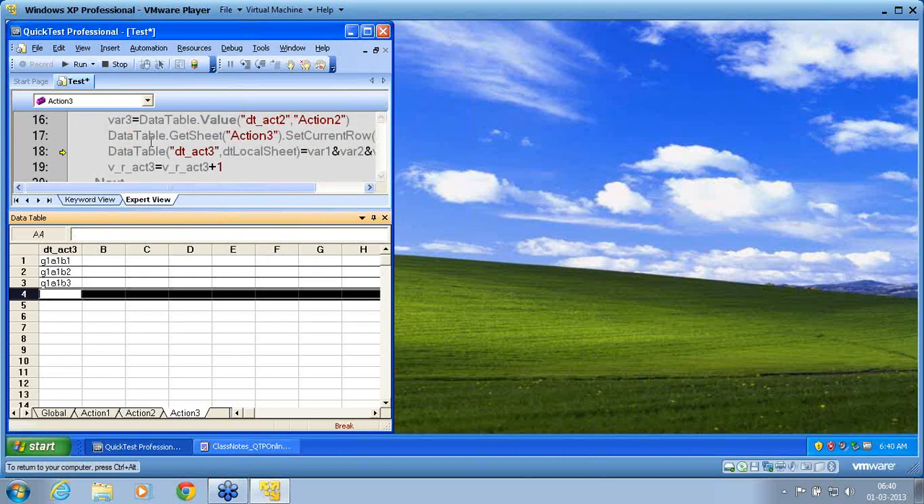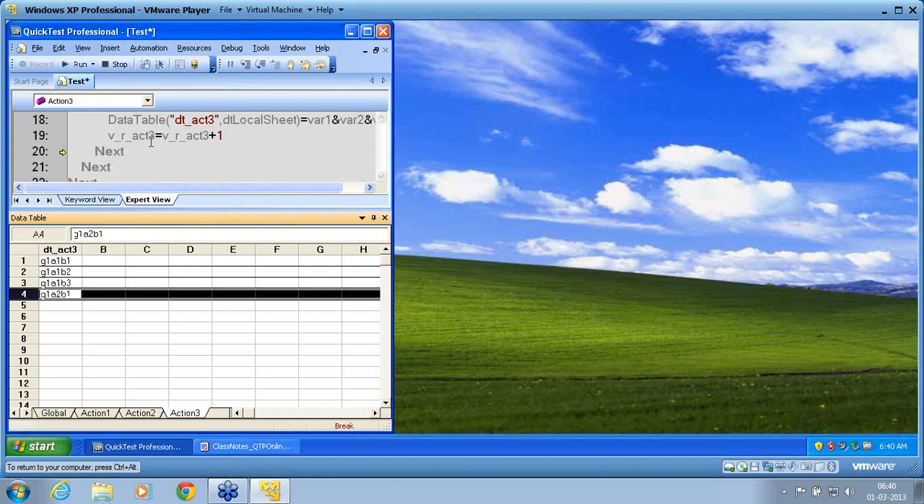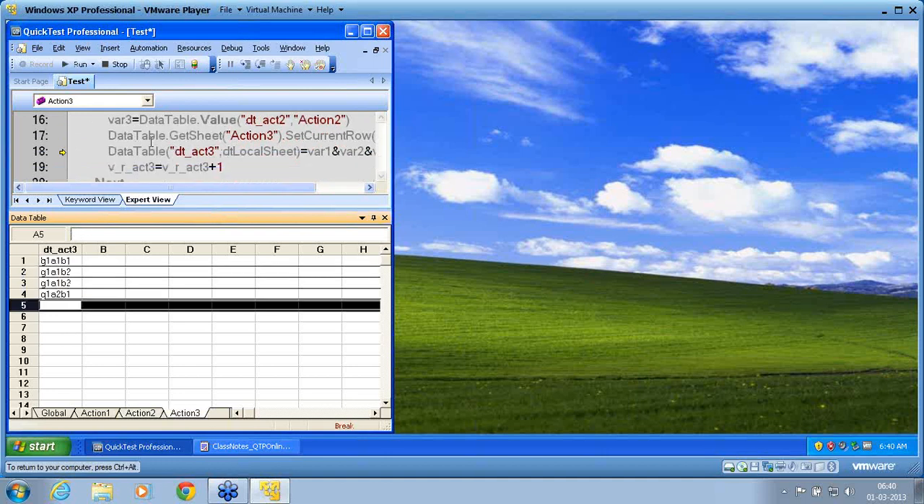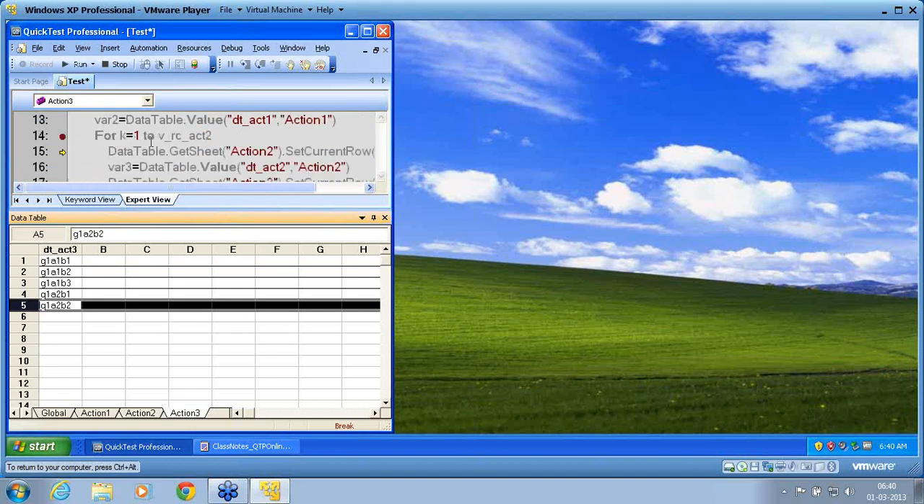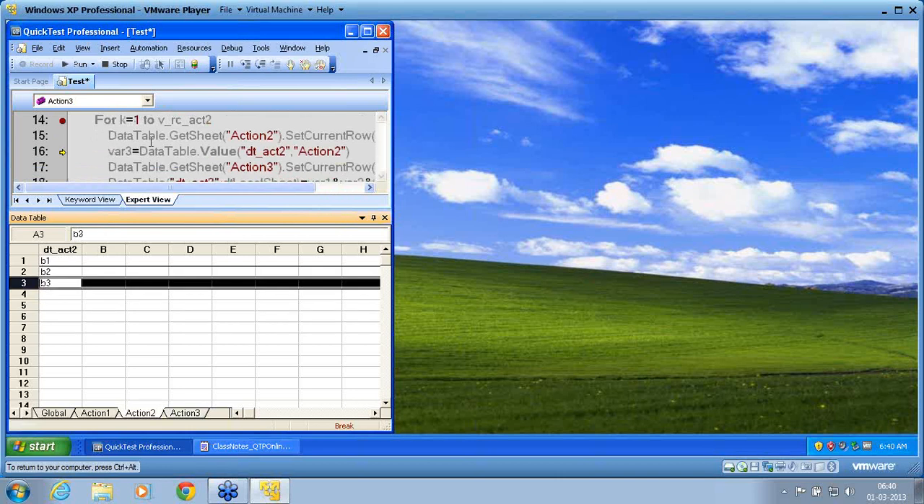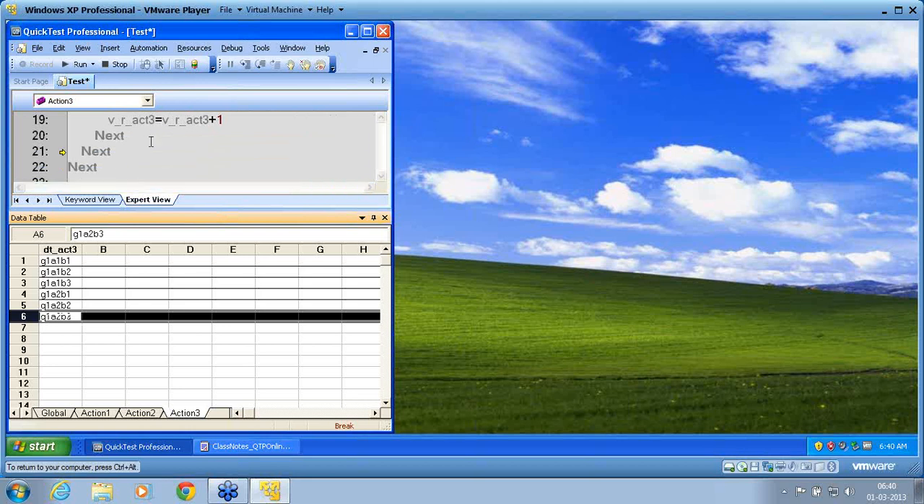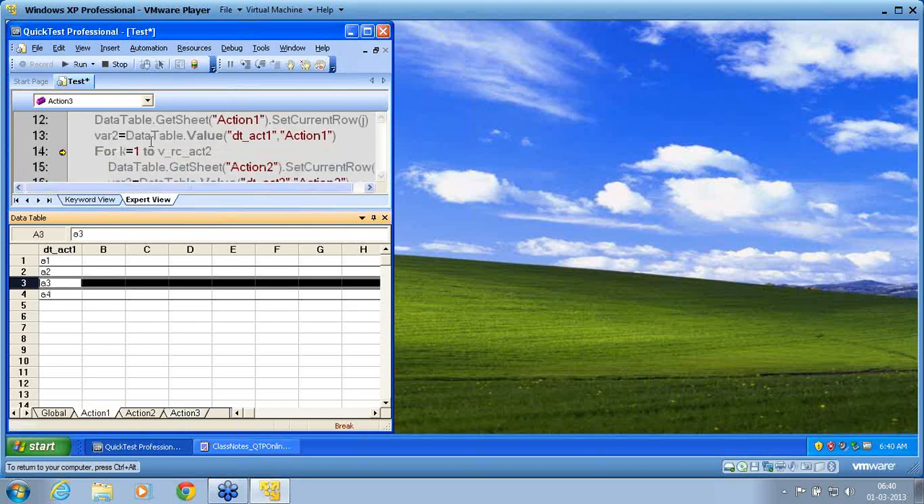He is now setting the value, right? Because the loop always starts with 1. He is now setting the value A to B1. So I hope you now understand the importance of setting the row, and how we use DataTable.Value and the sheet command. Now if you have multiple columns, you can use column names. You can use this method even for managing your bug sheet in an XLS file